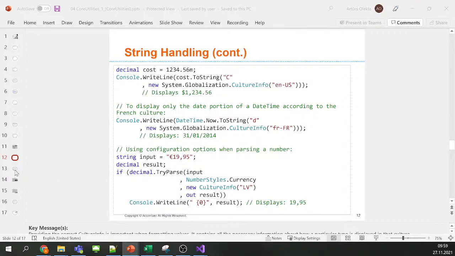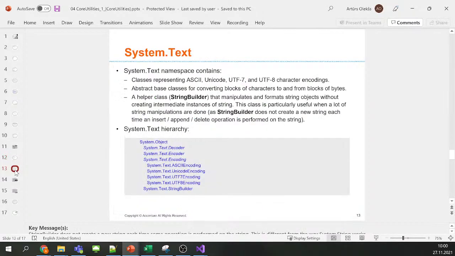And for strings, there are many different methods for converting them and getting some information from them. The strings have many different implementations you can use. Then there is another namespace, the text namespace, which has some encoders and decoders. For example,